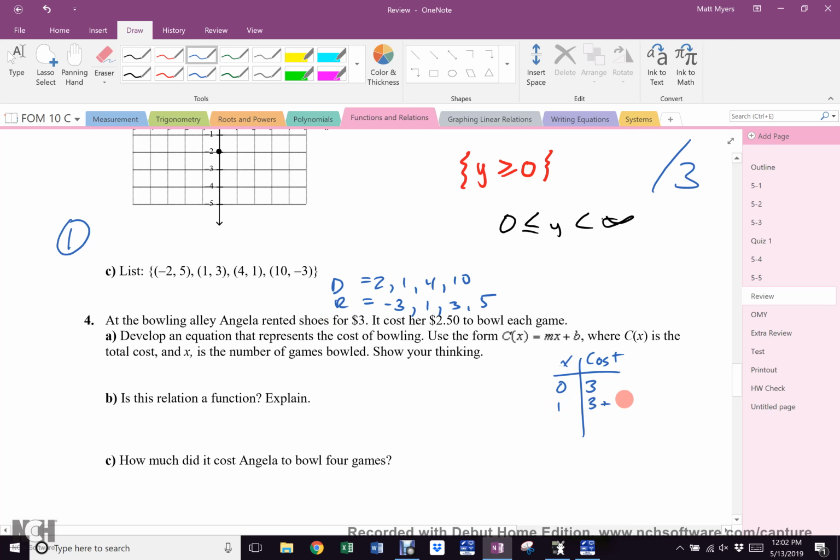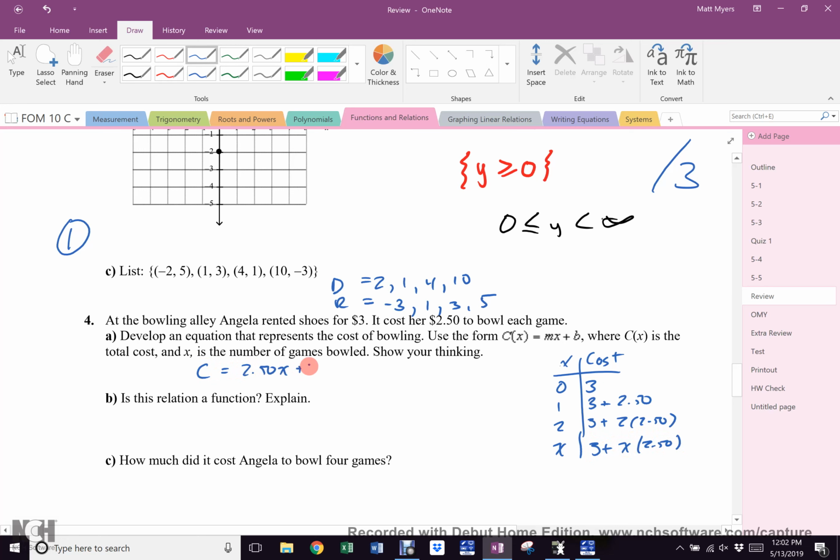Plus how much? $2.50. If she bowls 2 games, does she pay $3? Plus how many 2.50s now? Not squared. 2 2.50s. What if she bowls x amount of games? Does she pay $3 plus x times 2.50? Now, do we put the x first? What do we usually put first? The number. So it's cost equals